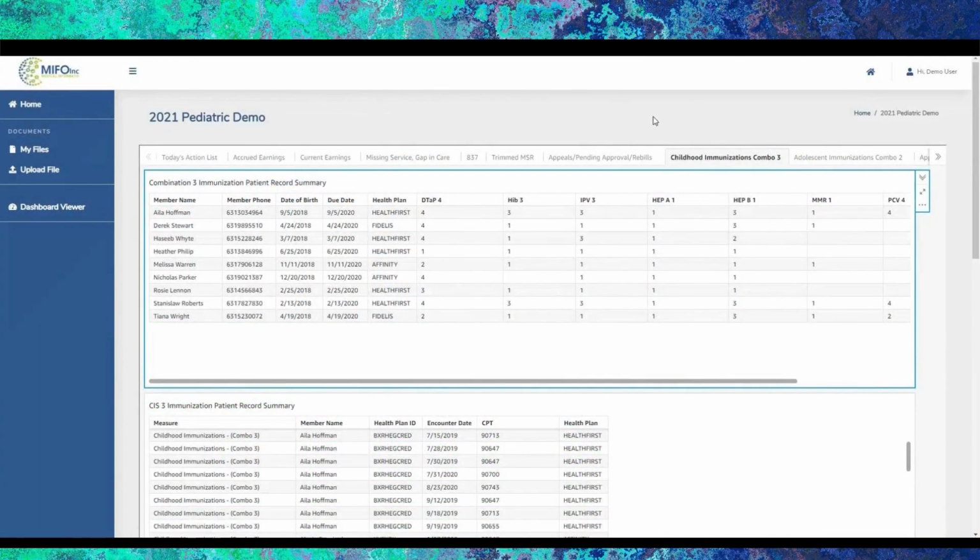I'd like to go over the Childhood Immunization Combo 3 report. This report is available with all pediatric and family practice dashboards. This report shows, for all of the members within your practice that have a measure for Combo 3 immunizations, a